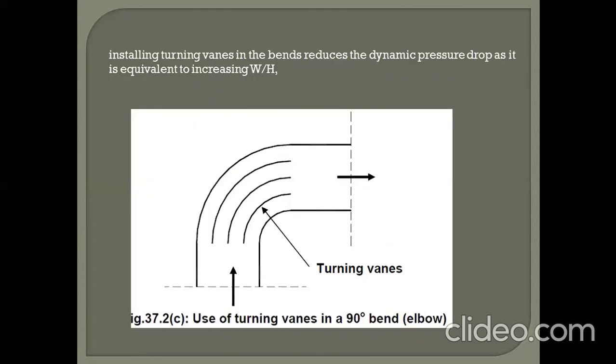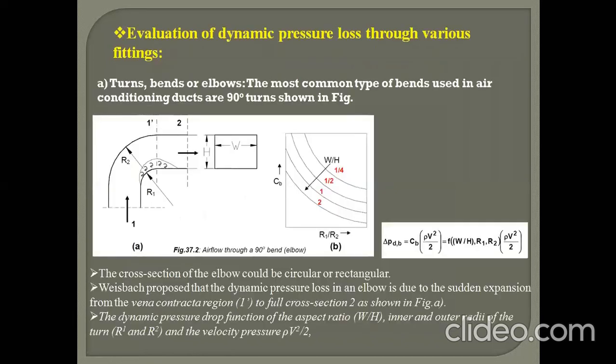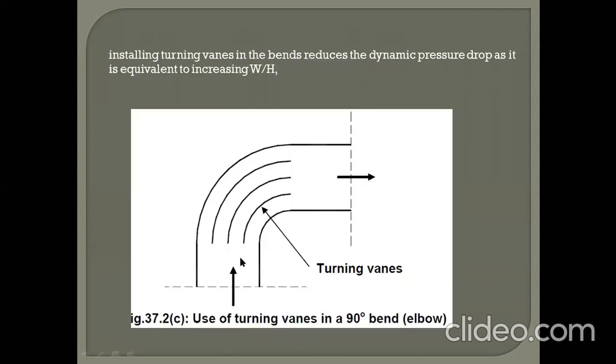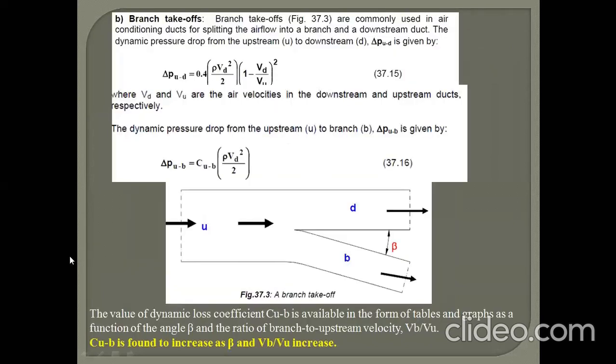Now the interesting thing is how to minimize this loss. So you can minimize the bending loss by employing these turning vanes. These are called the turning vanes, and the use of these turning vanes is that they reduce these eddies. As you observe in this diagram, these eddies are formed, and they actually oppose the airflow because air in this section is still. Okay, so in order to remove these eddies, turning vanes are employed. You can employ these turning vanes in your bend, which may reduce the bending loss.